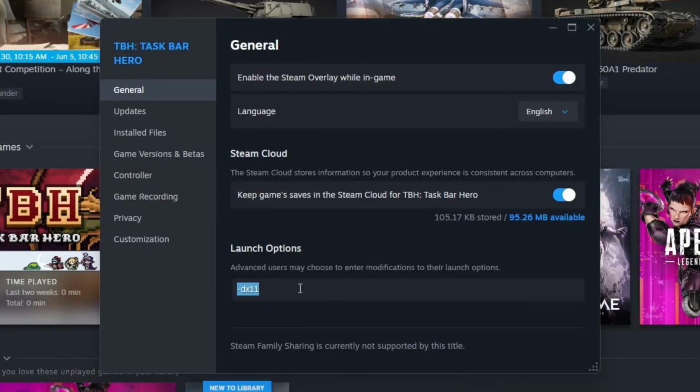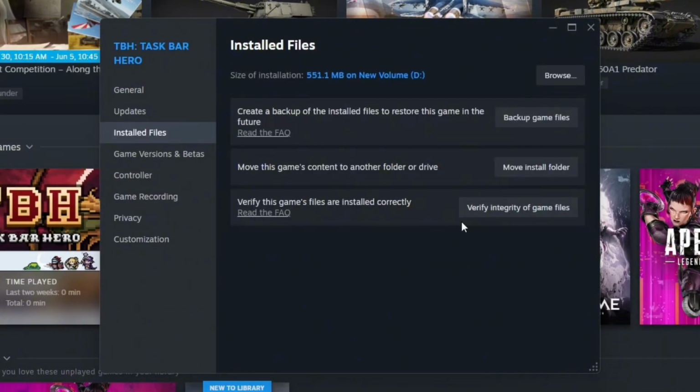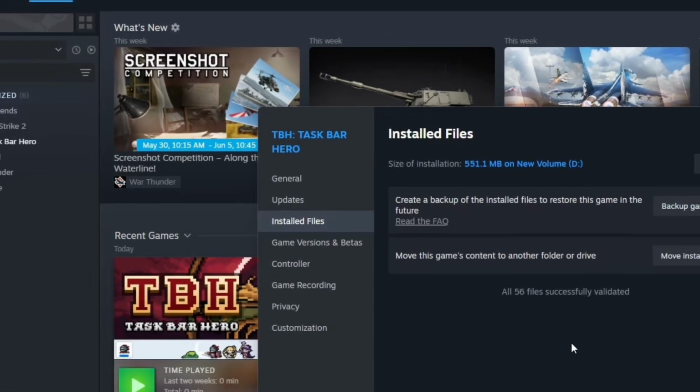This forces the game to use DirectX 11, which can help resolve compatibility issues. Next, go to Install Files tab and click Verify Integrity of Game Files to check for and repair any missing or corrupted game files. Once that process is complete, open your web browser and download the latest Microsoft Visual C++